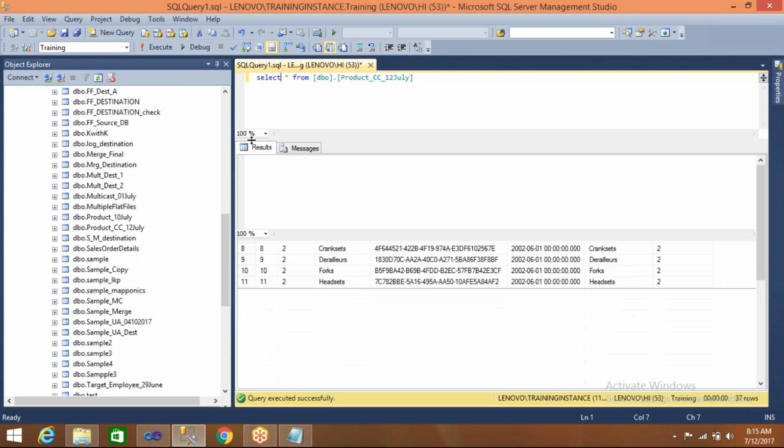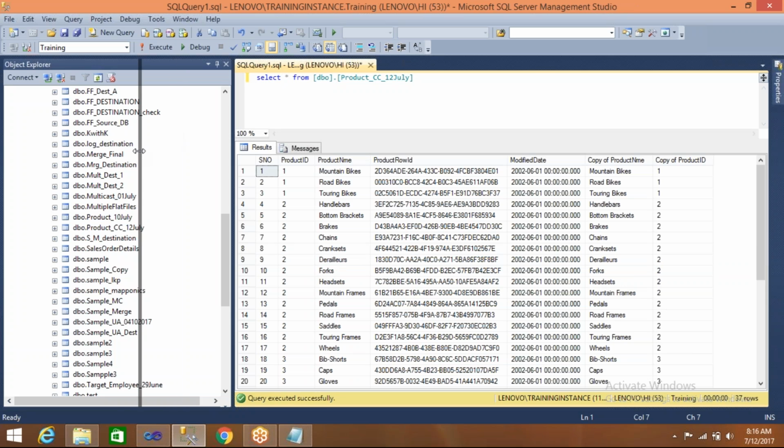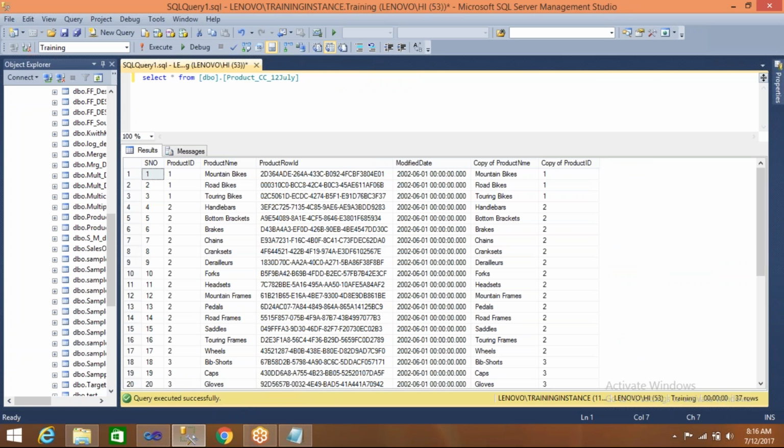So this is the data we have in our table. If you observe the product name, some letters are caps and some are smalls. The starting letter is a capital and the rest are all smalls. In some cases, for display purposes,